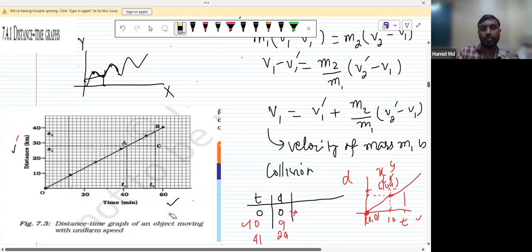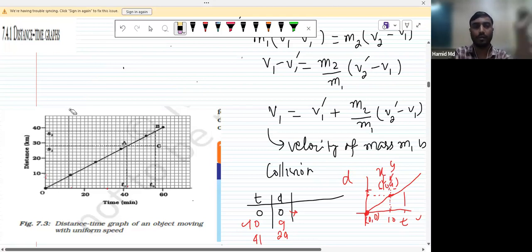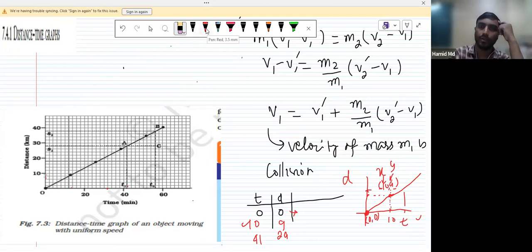So what is the definition of uniform speed? When an object travels equal distances in equal intervals of time, right? Then we say that it is uniform speed. In uniform speed, we will get a straight line. Got the point? Whenever you see a straight line